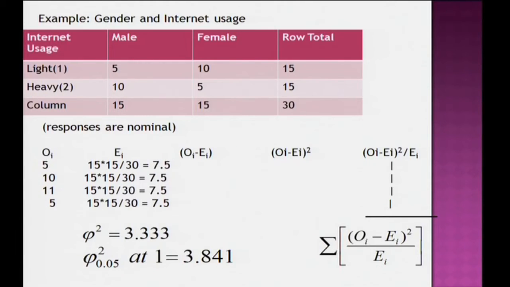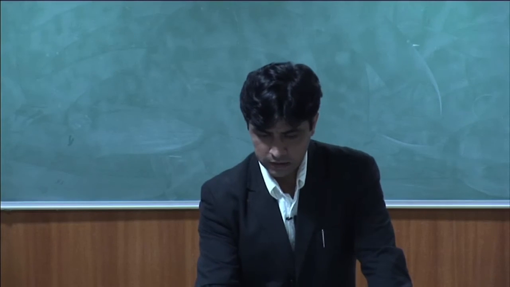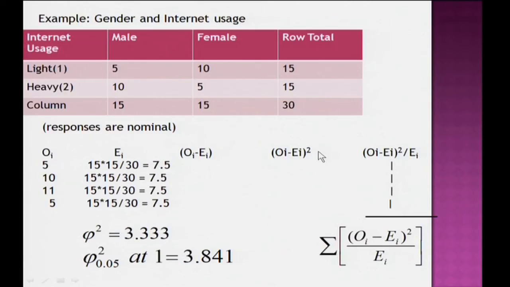Now, since the data here is in contingency table form, the degrees of freedom would be (row minus 1) into (column minus 1). Number of rows here are 2, number of columns are also 2. So, (2 minus 1) into (2 minus 1), degree of freedom becomes 1. Look into the chi-square table at 5% level, 1 degree of freedom, you will notice that tabulated value is